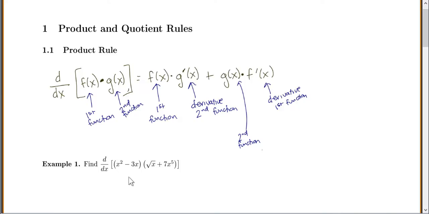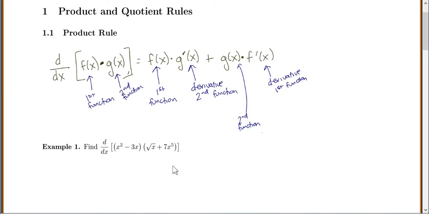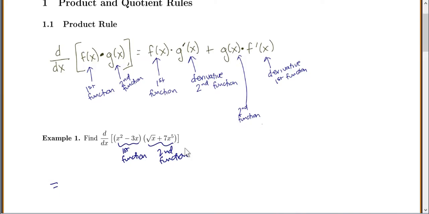So in this example, we want to find the derivative. Notice I have x squared minus 3x, quantity, times the quantity square root of x plus 7x to the fifth. Notice when you look at this, you'd have to actually FOIL it out and simplify. Probably more work than we want to do, so we want to use the product rule. So this piece will be our first function, and this will be our second function. So the derivative we're supposed to find, you just follow this formula,